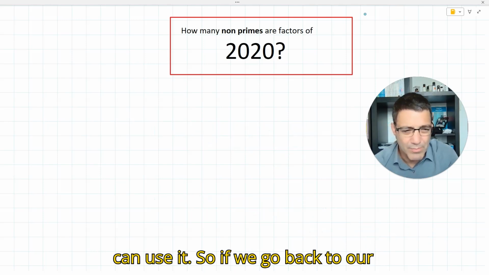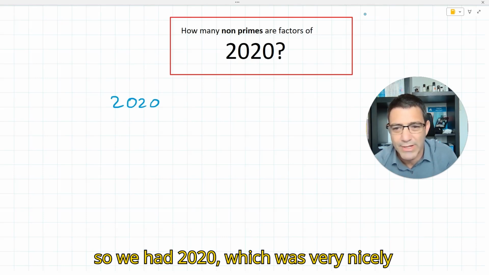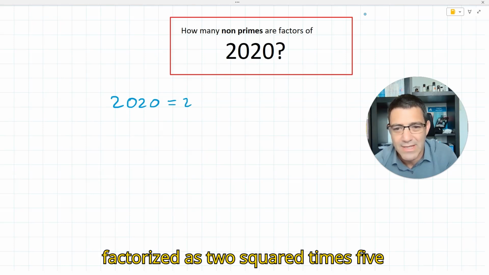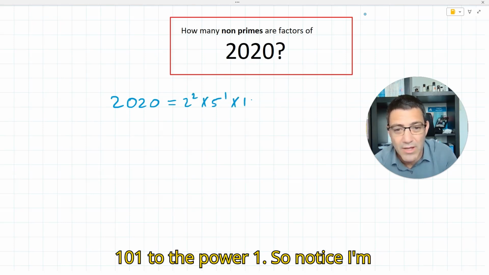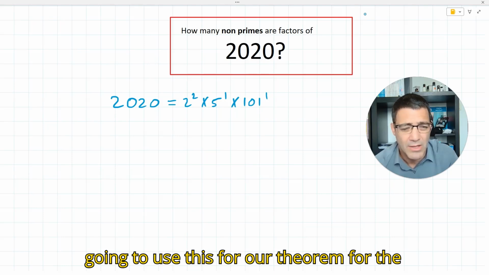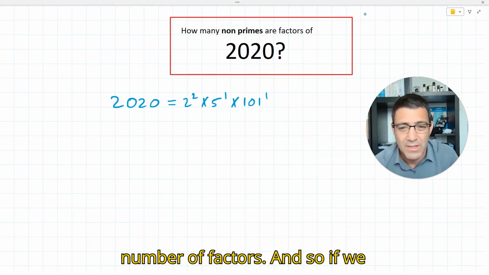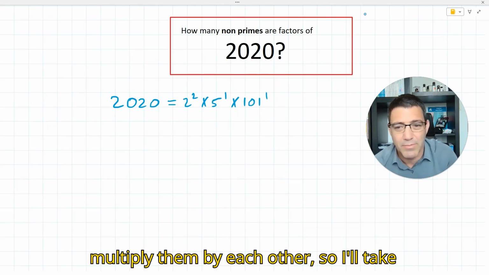So if we go back to our problem after learning this theorem here, we had 2020, which was very nicely factorized as 2 squared times 5 to the power 1 times 101 to the power 1. So notice I'm writing the exponents out because I'm going to use this for our theorem for the number of factors. And so if we add 1 to each one of these exponents and multiply them by each other,